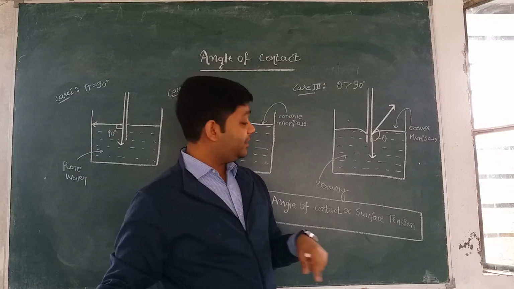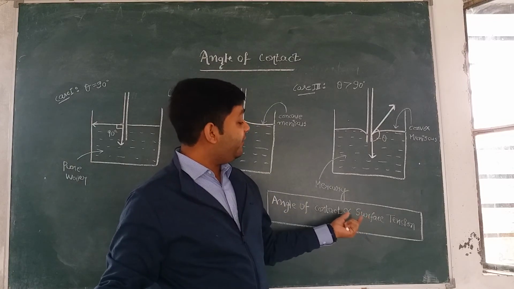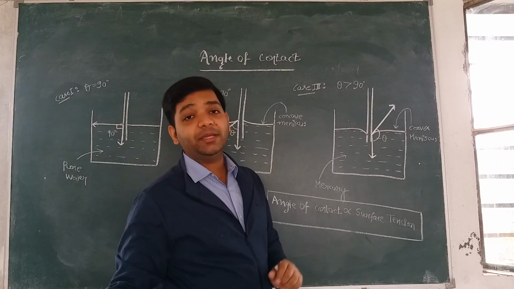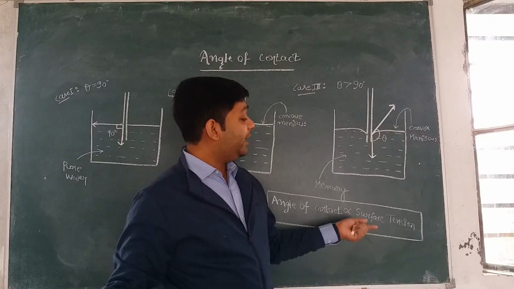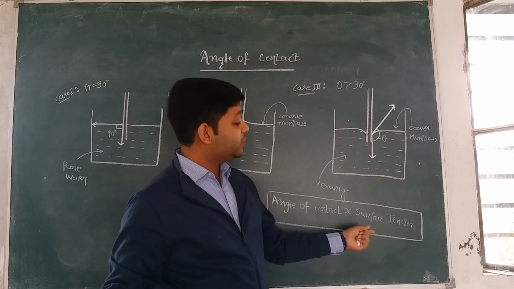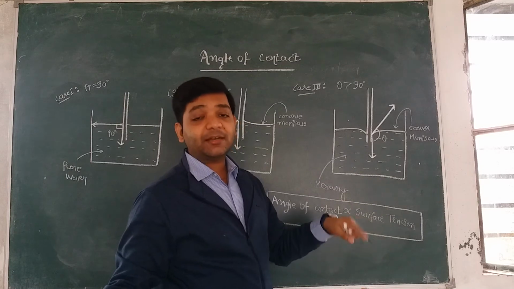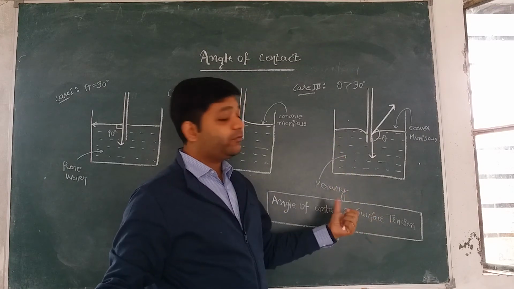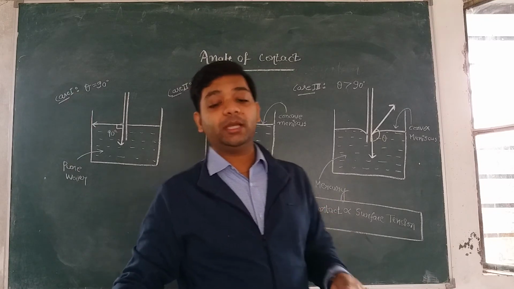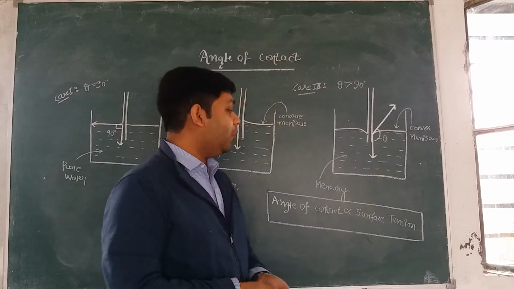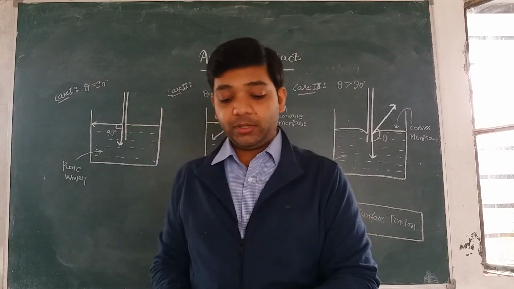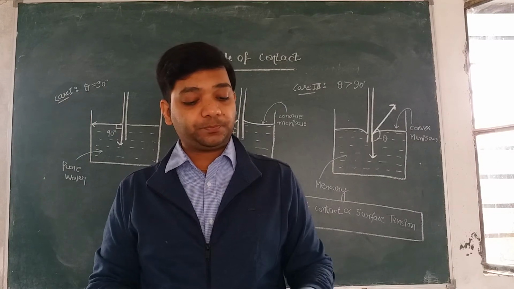And if the question asks what will be the effect if a partially soluble substance like soaps and detergents is mixed into the liquid, then we know that when a partially soluble substance like soaps and detergents is dissolved, the surface tension of the liquid decreases, and therefore the angle of contact also decreases. So you need to remember these important points, and all of them come from the theory of surface tension, right? So it is important to note these points.